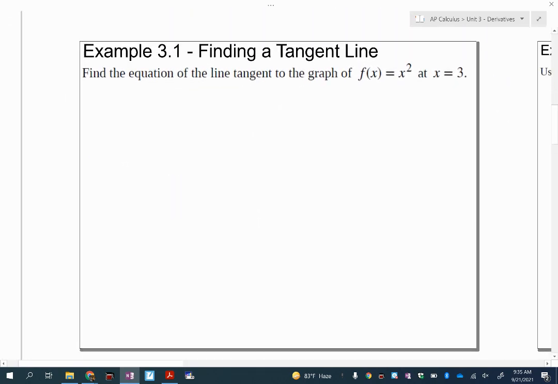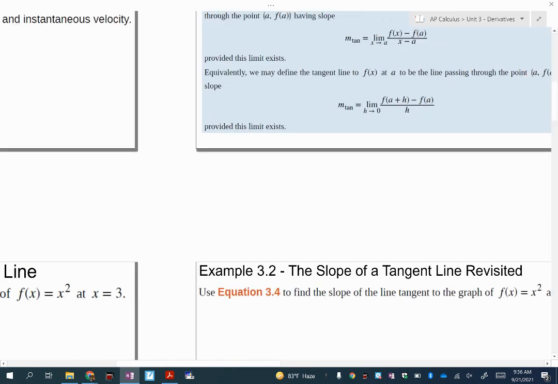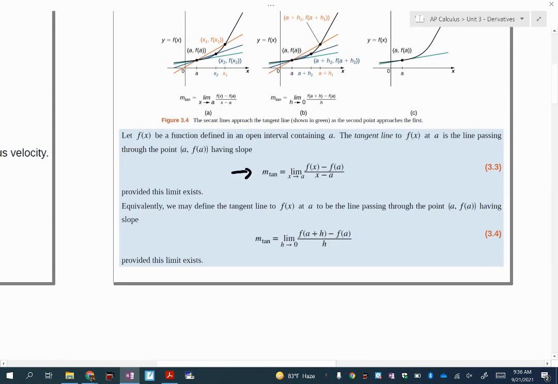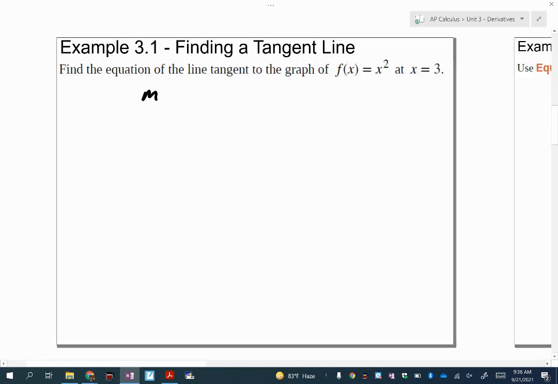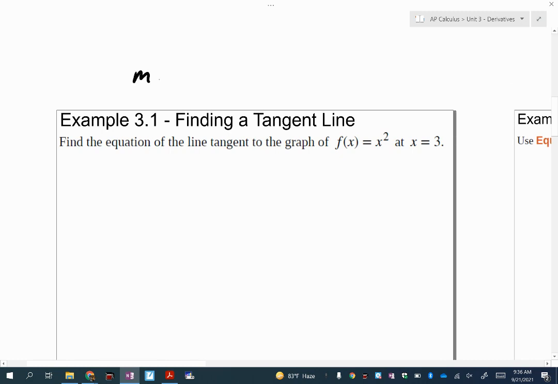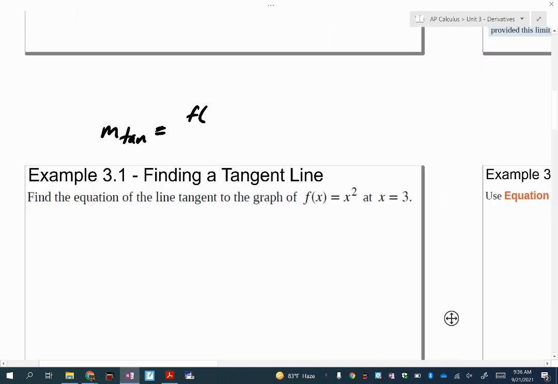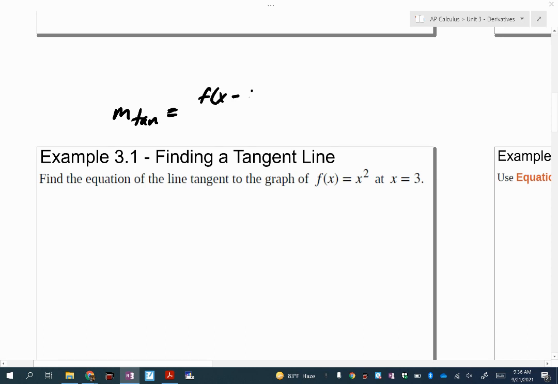All right, so let's try to do it first with that initial equation. So we're trying to find the equation of the line that's tangent to the graph of f of x equals x squared, so that's our parent quadratic function, at the point x equals 3. So I'm going to first use this equation, right? So I'm going to write the tangent slope. Actually, I'm going to put it above it. The slope of our tangent line, all right, is equal to f of x first, my bad, then minus f of a